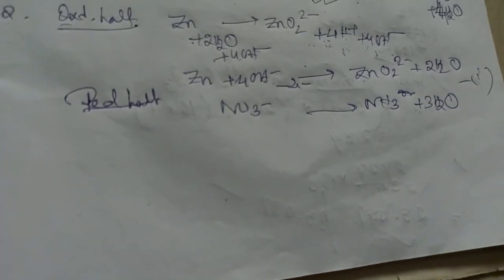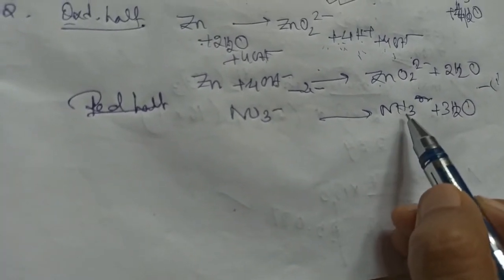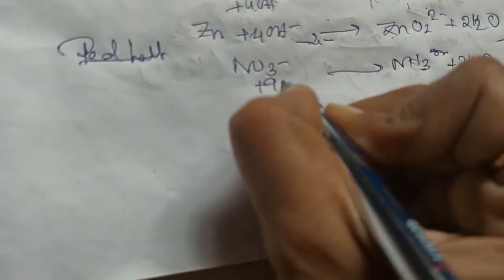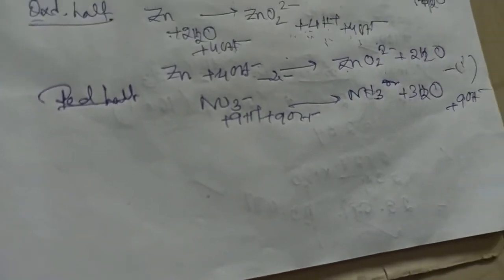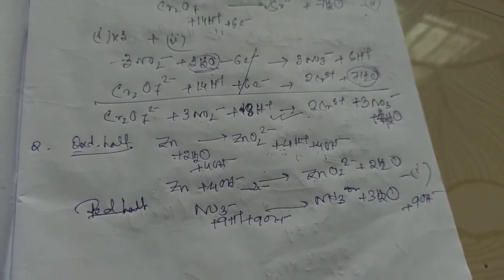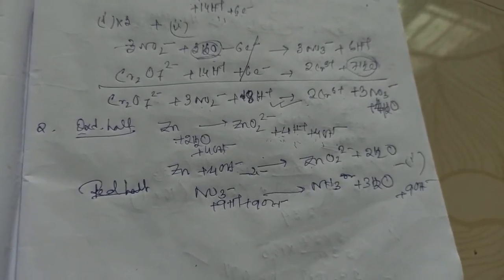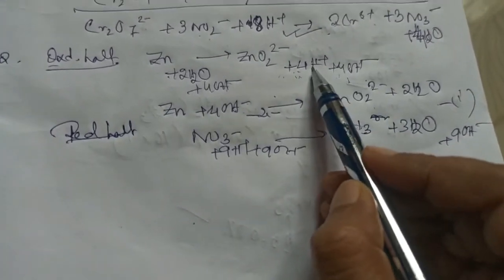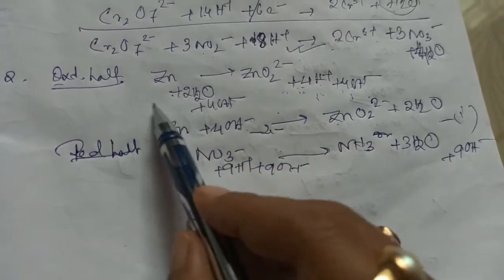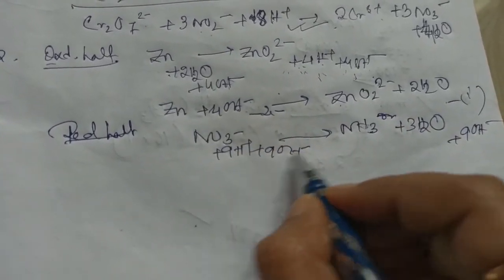Nitrogen is the same on both sides, so oxygen you need to balance by adding here 3 oxygen, 3H2O. Now hydrogen, you see here 3 and here 3 times 2 is 6, that means 9, so make it 9H plus and then add 9OH minus on both sides. Make sure at any cost no step should show H plus ion when the balancing is in alkaline medium. So here we have added H plus, but parallelly OH minus is also existing. So free H plus is not here, not even here.